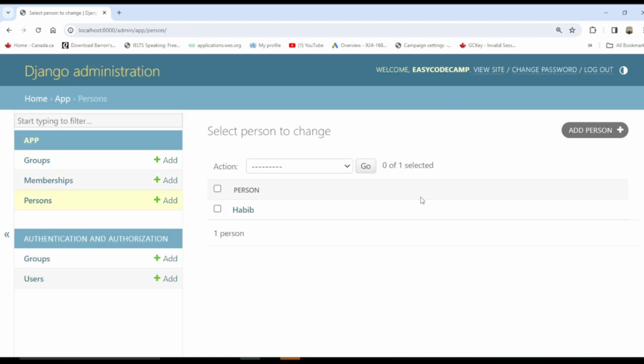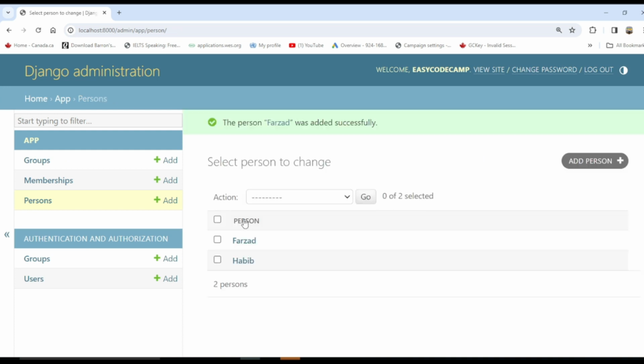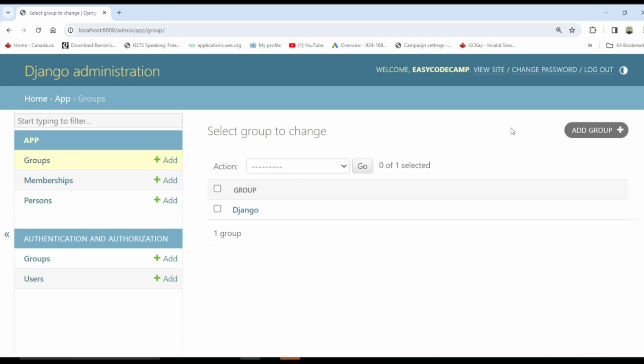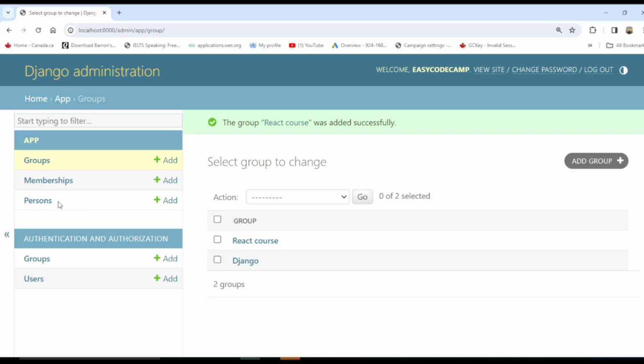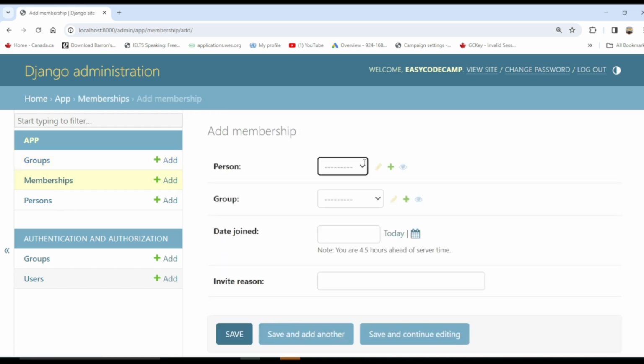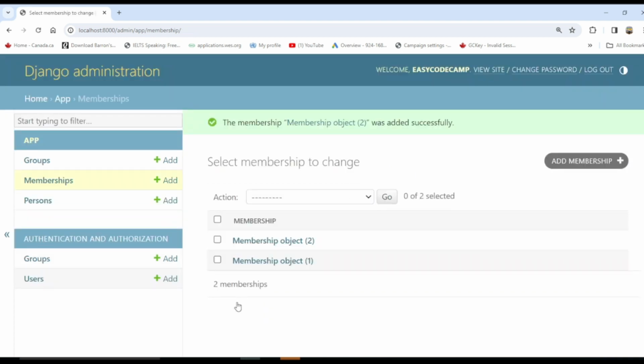This person, Farad, wants to join this group. We can add a new group by the name of Django review or whatever else, React course. Save, and make a membership between this person and group. Farad wants to join the React course at this time. And with the reason, we can select the reason for this joining. So after making this relationship, we can see this